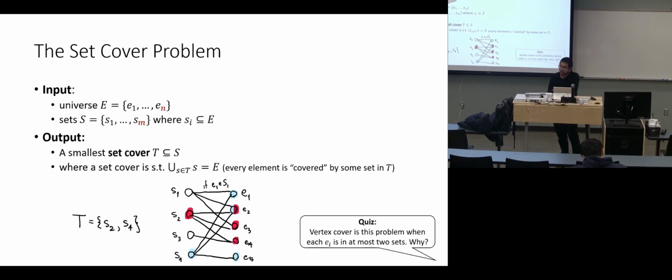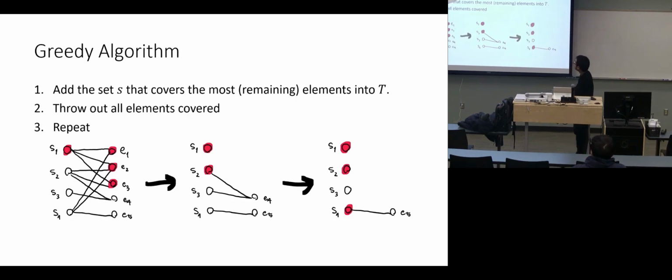It would be just a greedy algorithm, where what you do is, first you just choose a set that covers the most number of elements and add it into your collection T. And once you choose one set that covers the most elements, let's say it covers this guy, then you just